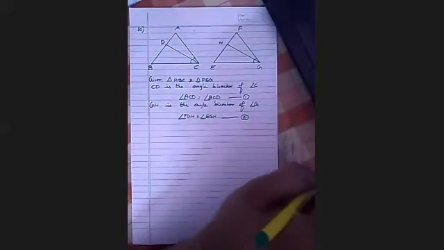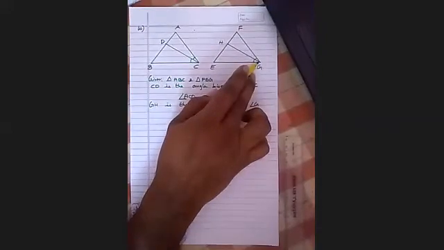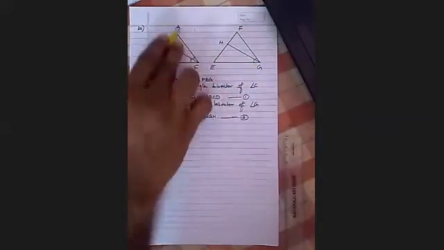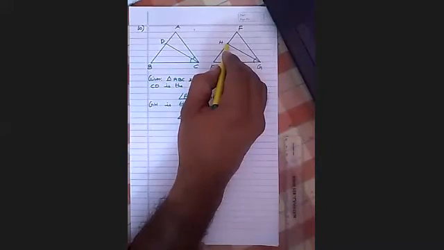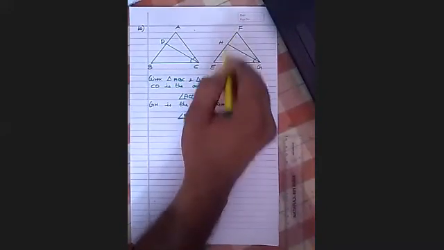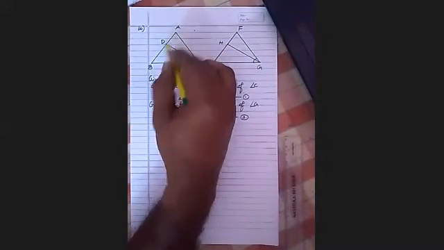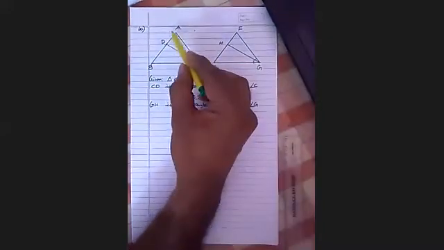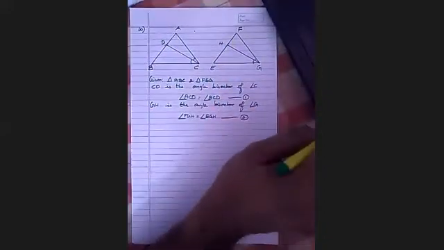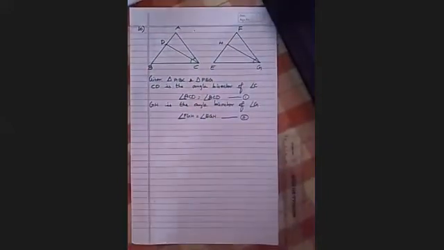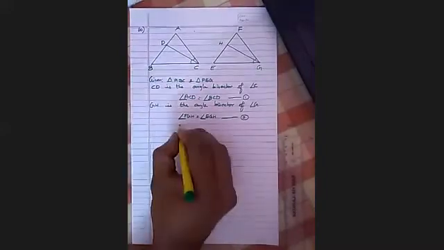So once again, I'm reading the question. Listen very carefully. CD and GH are respectively bisectors of ACB and FGE, such that D and point H lie on the side AB and side FE. Am I right? D is a point on the side AB. From the figure, you can easily understand. D is a point on the side AB and H is the point on the side FE of triangle ABC and FEG. One more very important information has been given.